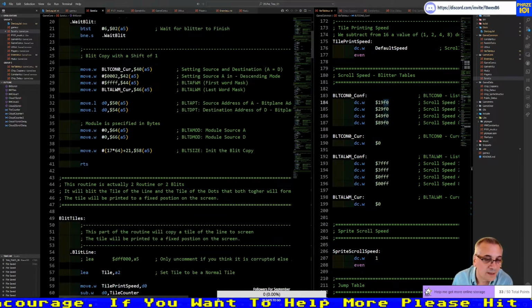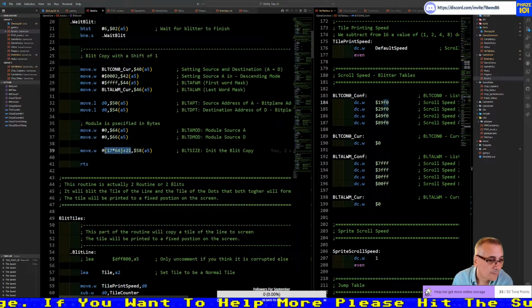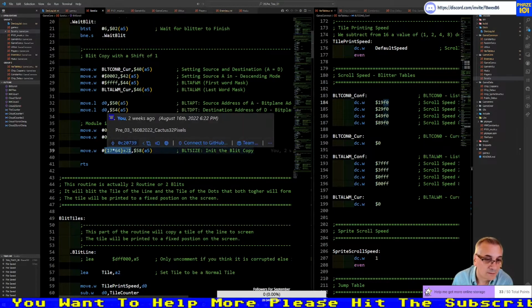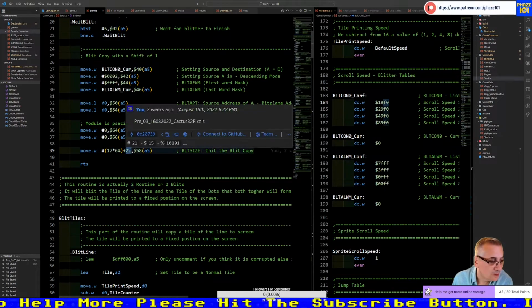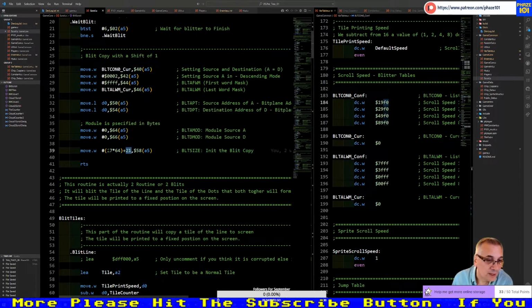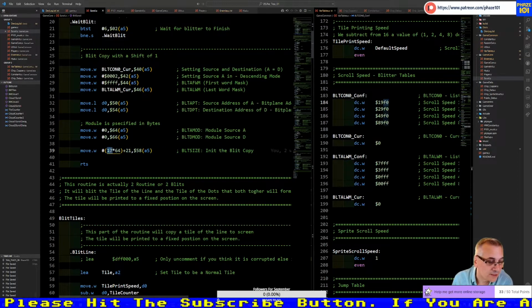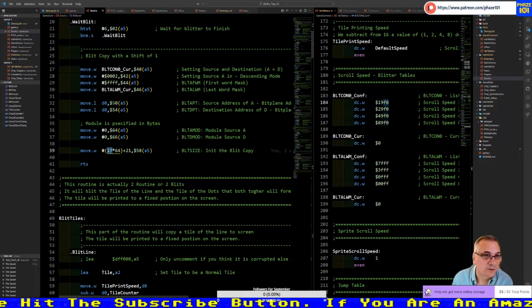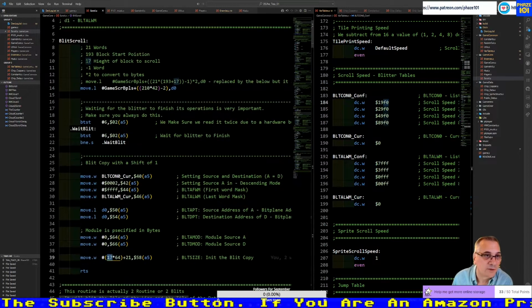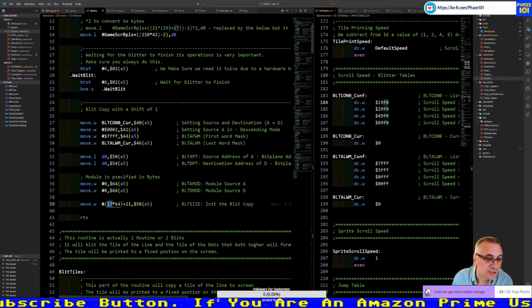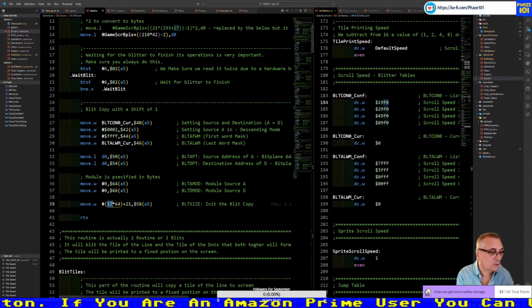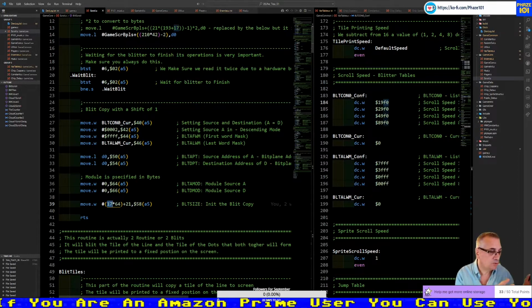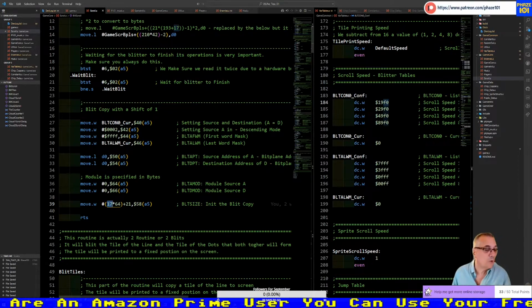And then here, you tell it how many words you want to shift in the horizontal, and the 17 is the height. I already told you that our height is 17. The times 64 is because it's a word now, so you need to put that 17 into the upper part of the word.